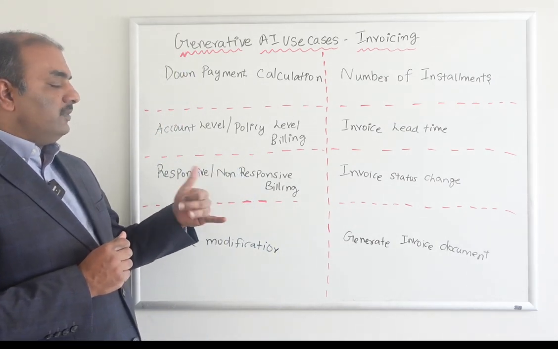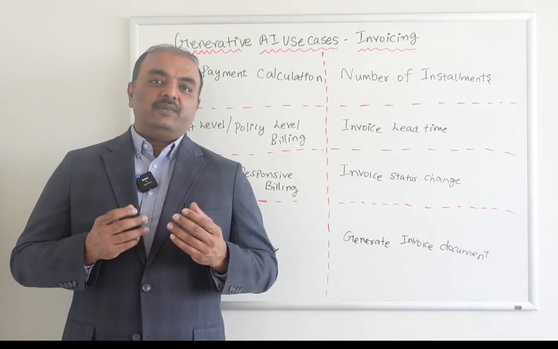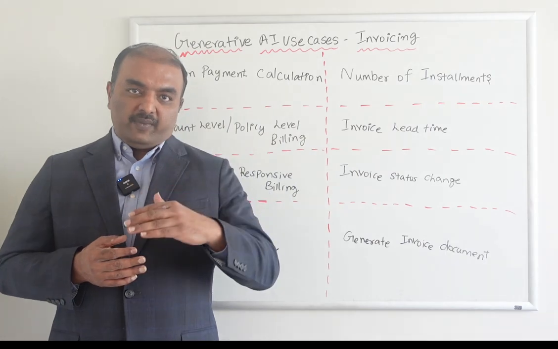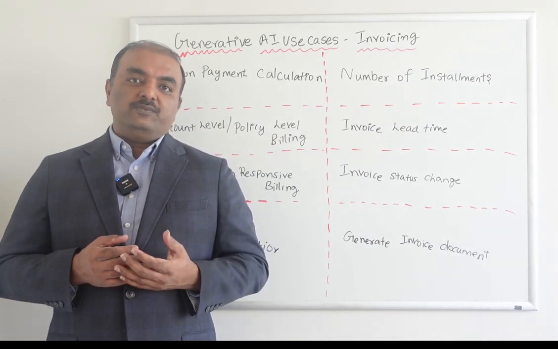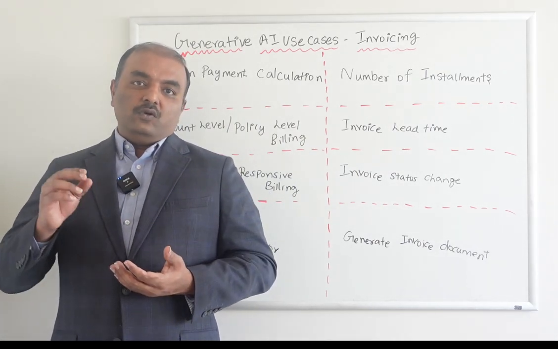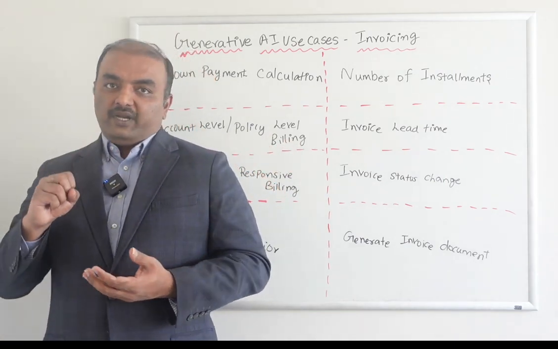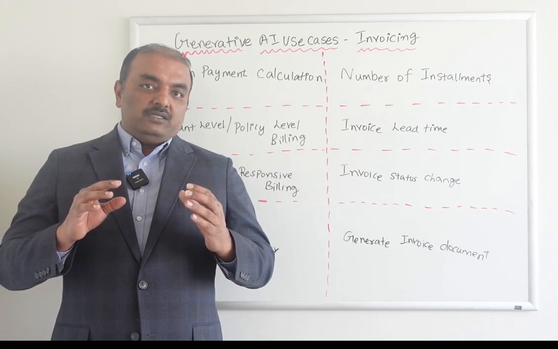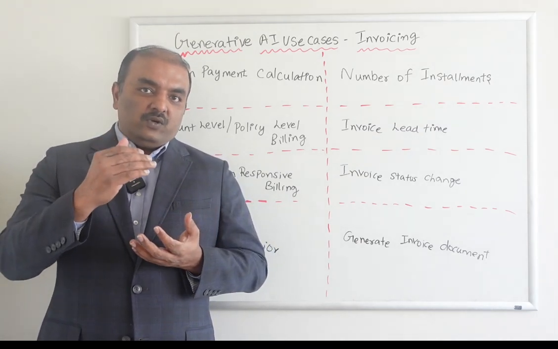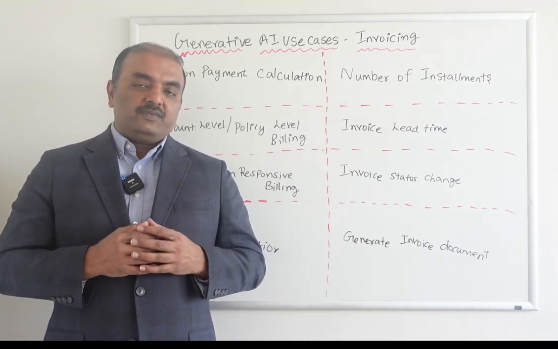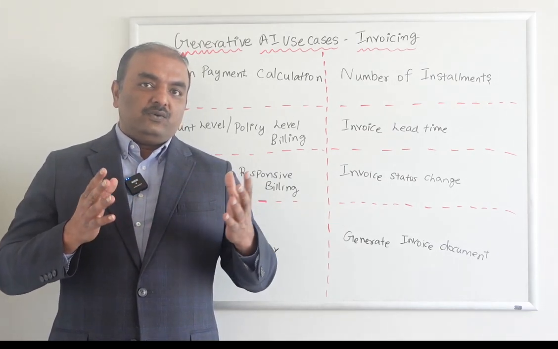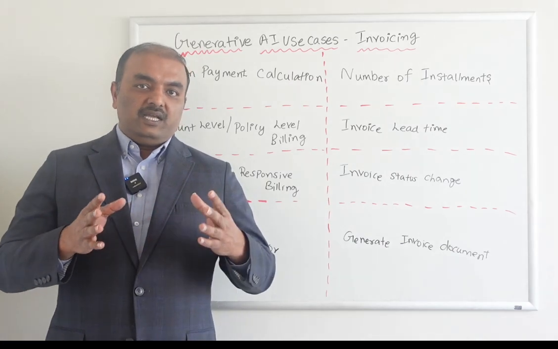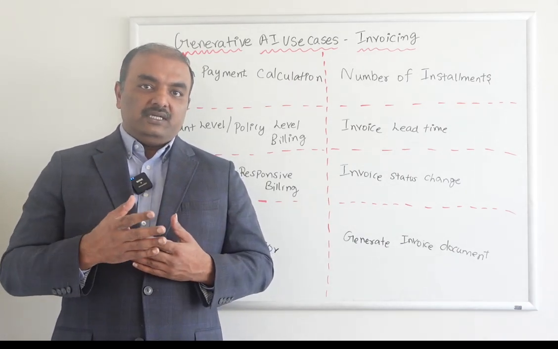Responsive versus non-responsive, right? The concept here is that responsive means you send the invoice and the customer makes a payment. Non-responsive is more of direct debit, where you go directly to their bank account and pull the money. Using AI, you can say if I have a customer using responsive billing, where you send the invoice and they have to make a manual payment, and you notice that in the last 1 or 2 years this customer has been making payment regularly on the same day as soon as the invoice is sent,